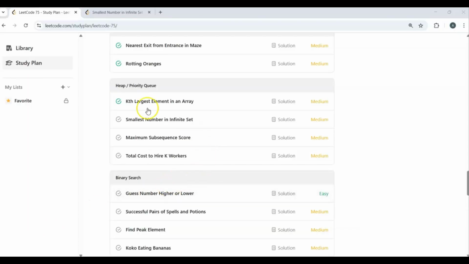Today is day 50 of solving LeetCode 75 challenge, and today's problem is smallest number in infinite set, which is